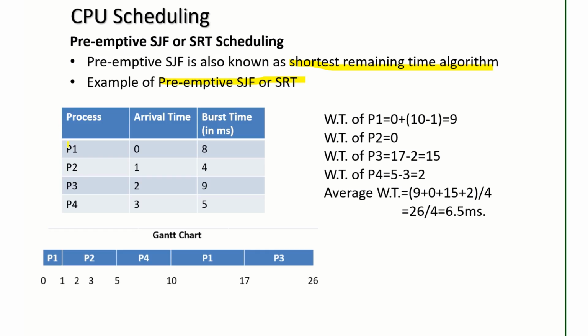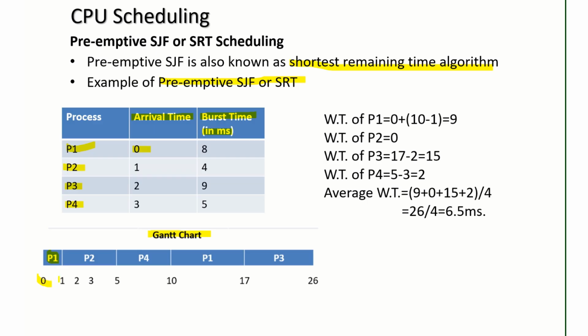Here you can see there are four processes given, P1, P2, P3 and P4. The corresponding arrival time and the burst time in milliseconds is also given. So first step is we have to plot a Gantt chart. In the Gantt chart, which process will be scheduled first? Now you can compare who arrives first. P1 has arrived at time t equal to 0. So we will start the Gantt chart with P1. Now P1 is scheduled.